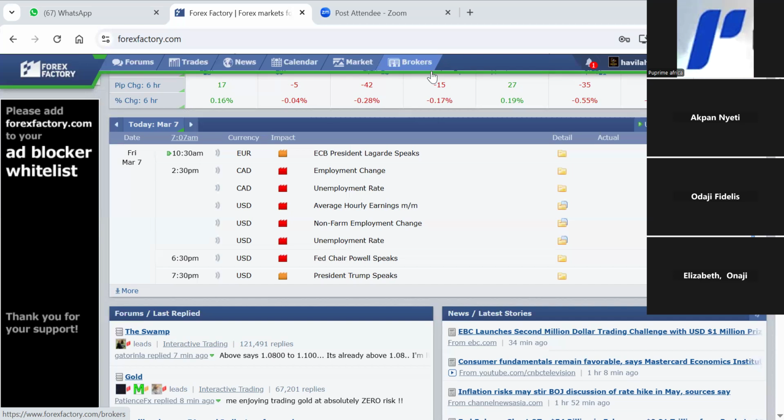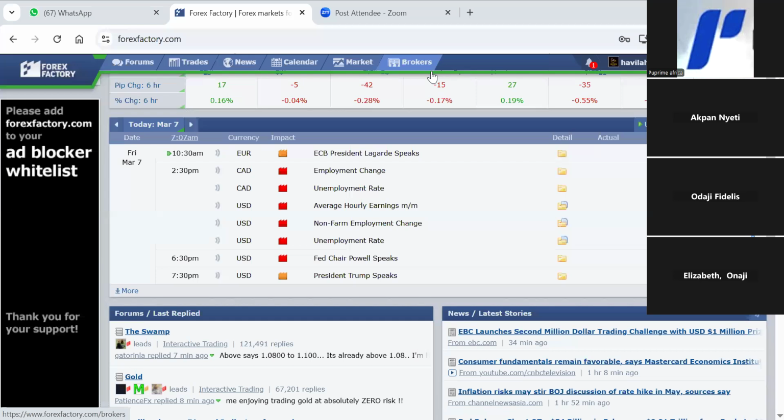So at least we have an insight. See, that's how to know what happens in this market. You need to put your ears to the ground and know what is happening in foreign politics. Go to CNN, check out what is happening. Go to Bloomberg, CNBC, or generally just go on the net, just search. Or even the easiest one to do these days, if you know how to use ChatGPT, ChatGPT makes life a lot easier. ChatGPT is gradually beginning to retire Google. I'm telling you, just go to ChatGPT and type a good prompt there, trying to know what's happening around the world, and it'll give you the updates on the latest developments.